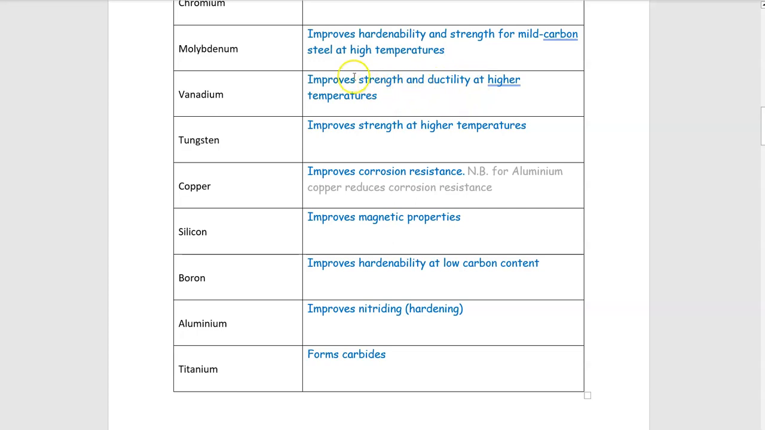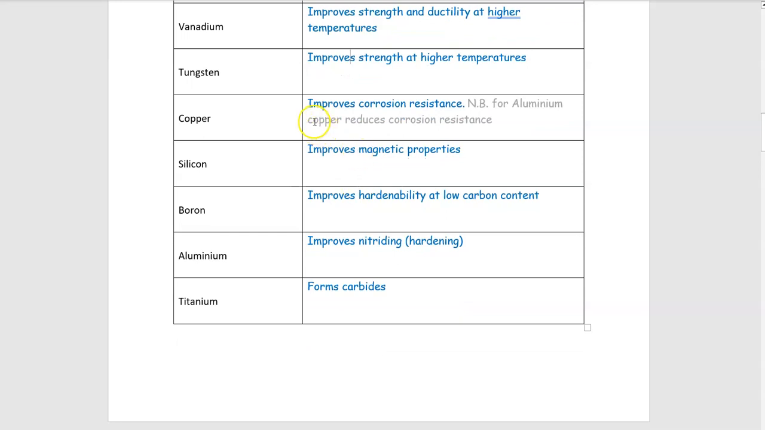We really shouldn't use the word strength. We should specify what kind of strength. But I imagine I got these answers out of Copeland's textbook. So if you're going to sue someone, sue him. Anyway, tungsten, don't sue him, improves strength at higher temperatures. Tungsten has the highest melting point of any metal, so that's why we use it, tungsten carbide, in drill